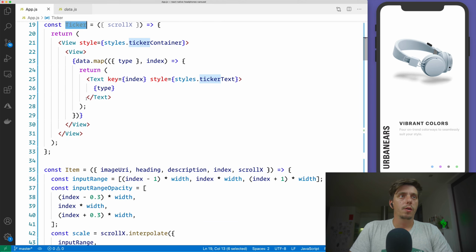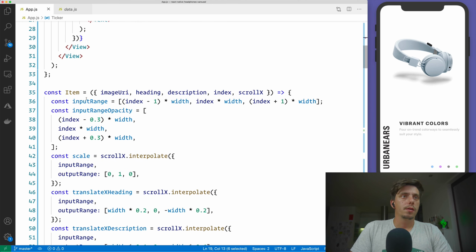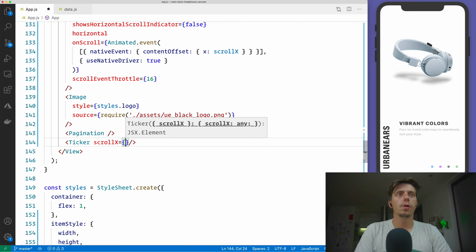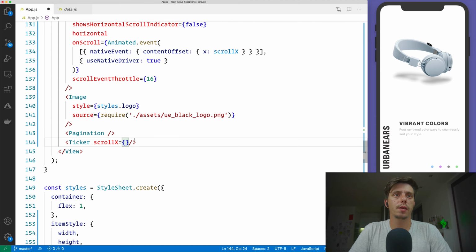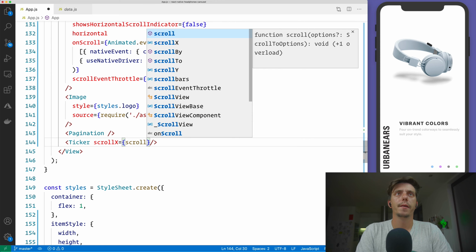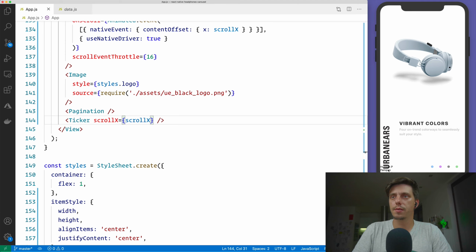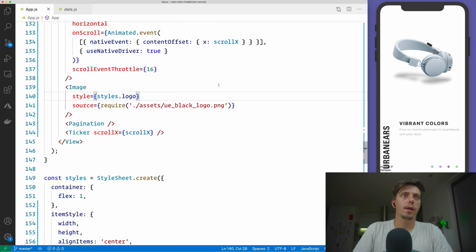Nothing is visible now because I didn't render it in the application here. So let me move to the pagination and apply the ticker. So scroll X. We'll do the pagination afterwards, so don't worry about it. I would just like to create those types of animations that I was referring to in the first place. So scroll X, and now those appear here, and let me position them absolute here and apply some height